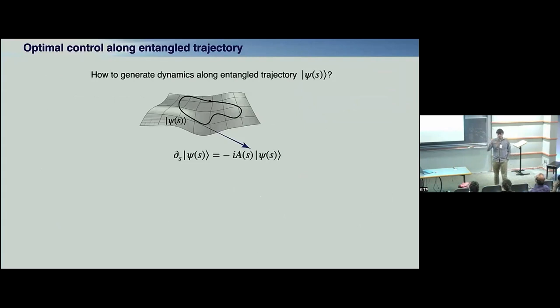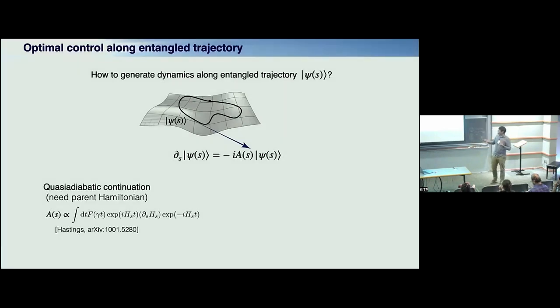And hopefully the analogy is clear, right? The scars are low leakage periodic trajectories. And now I'm asking, let's start from trajectories. Let's forget for now about scars. Let's start with a trajectory and ask, what does it take to generate dynamics along a given trajectory, for example, in an MPS manifold? I will be using matrix product states specifically. I want it to be entangled because if it's a product state, I know how to generate it. I take a magnetic field and rotate it, and I'm going to generate whatever I want. So how do I do it?